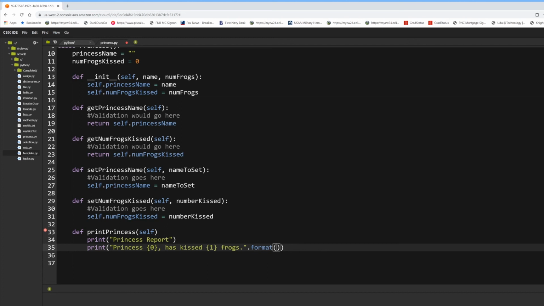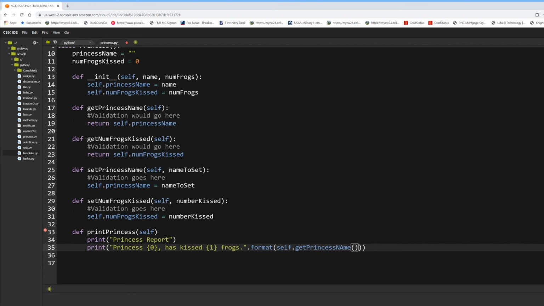So the 0, I'm obviously referring to the princess name, right? So that's going to be self dot. Now I could just put self dot princess name, but to be safe, I'm going to go through my getter so that I'm actually validating the user that calls this as well. So I'm going to say self dot get princess name method, comma,